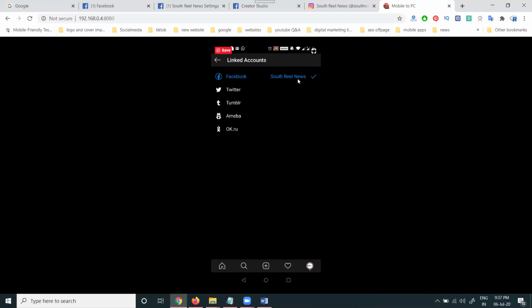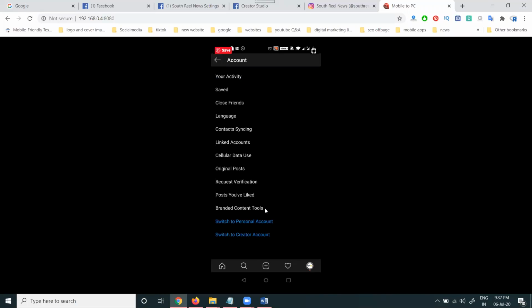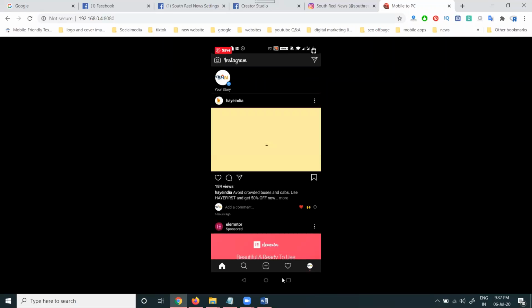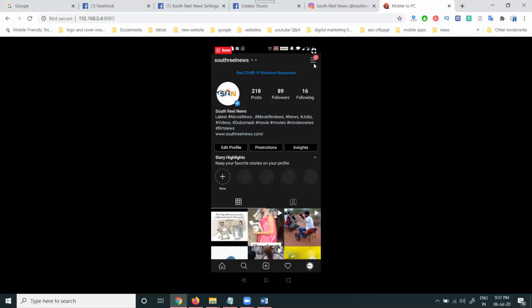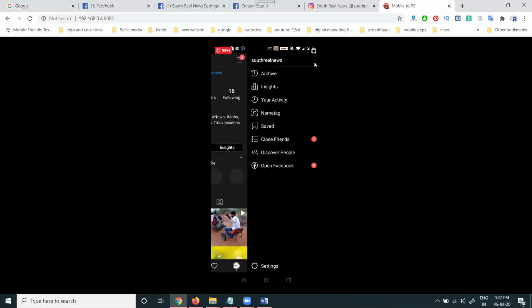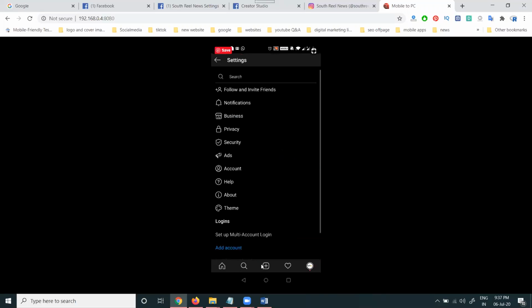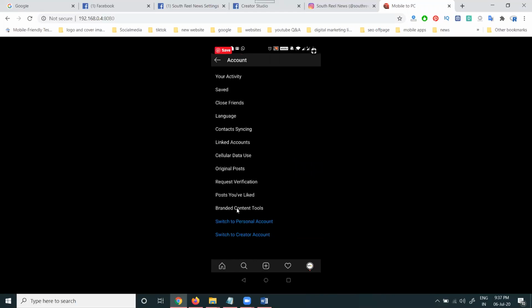We can remove from Instagram to Facebook without opening the Facebook profile. So these are the parameters to follow as particular instructions. Compulsory, we can go to this option here. Just go back. Click the settings option in the profile. Click the particular option and then click settings. Here go to account. In this, switch to personal account. That is business. This will be personal account.